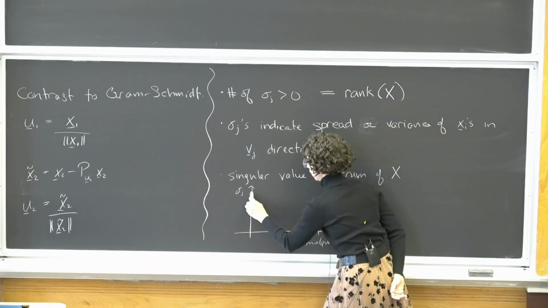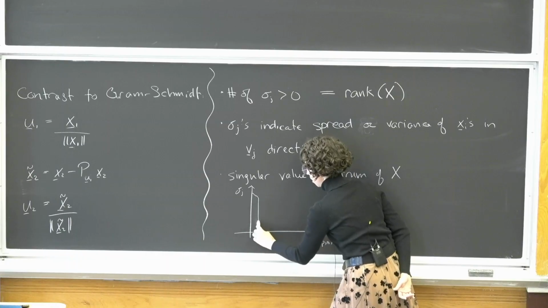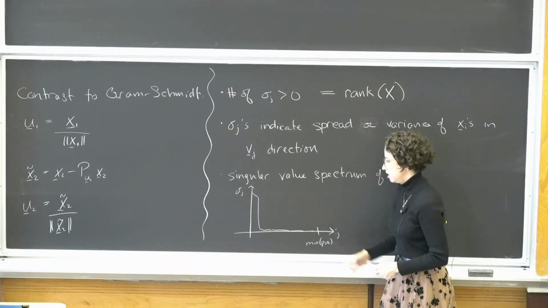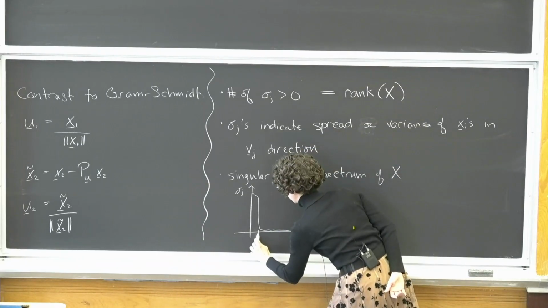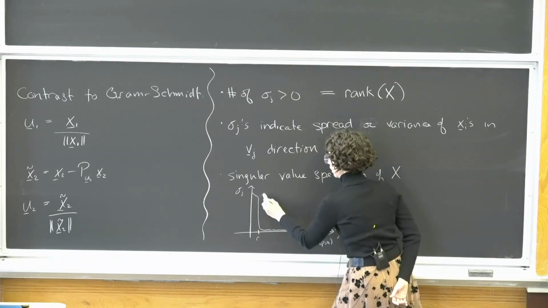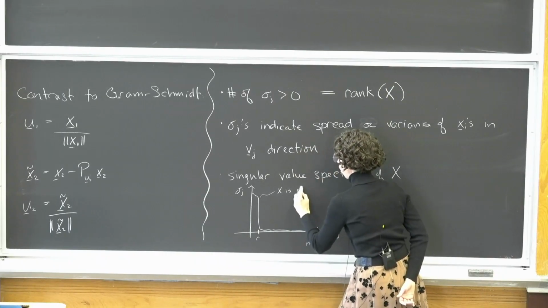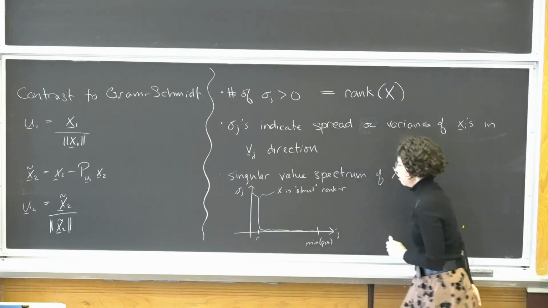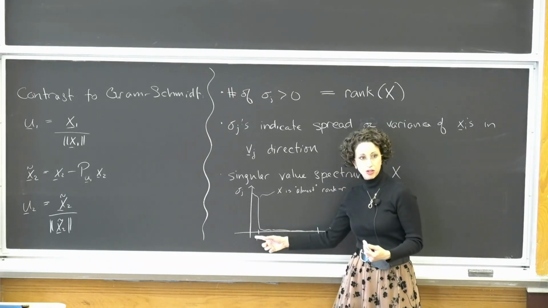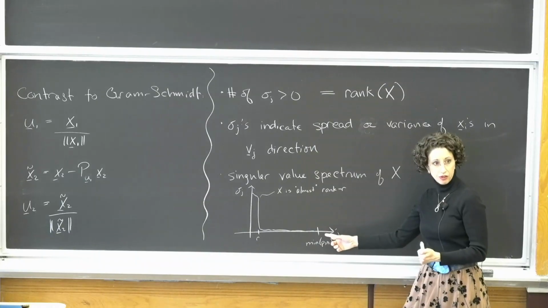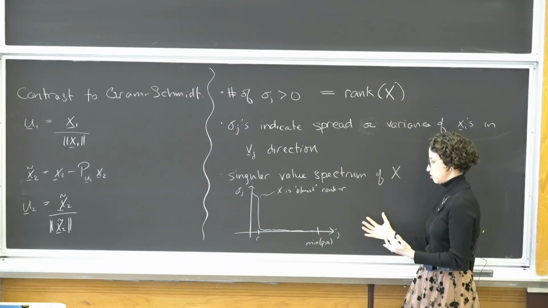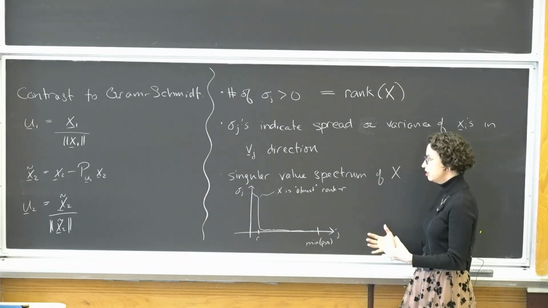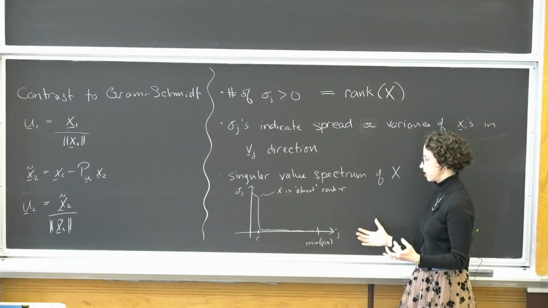You could see something that looks like you've got some high values, and then it drops off really quickly, and then everything else is really small or even zero. If you see this, then let's say this location here is R. This is telling us that X is almost rank R, because the top R singular values are big and the rest are really close to zero. So even though the rank of this matrix is not exactly R because I've got a bunch of singular values that are non-zero, it's telling me that with a small change in the matrix,